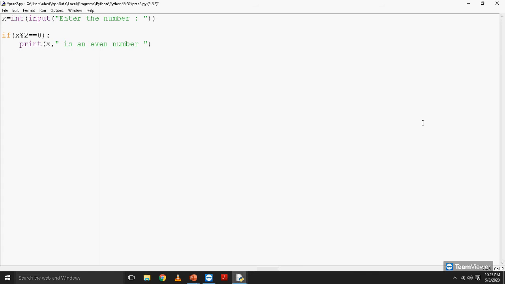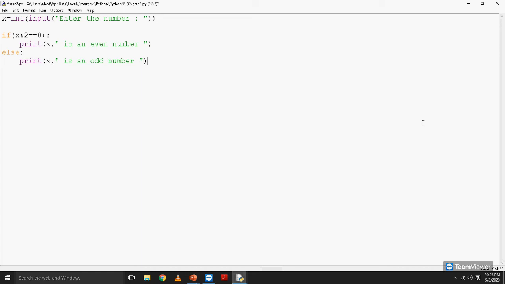And if this condition is false, that means the remainder is not equal to 0. Therefore, the remainder would be 1, which means the output should be x is an odd number.